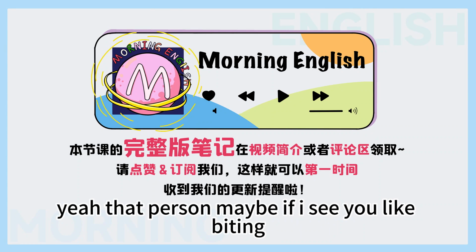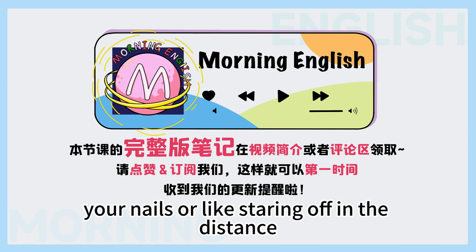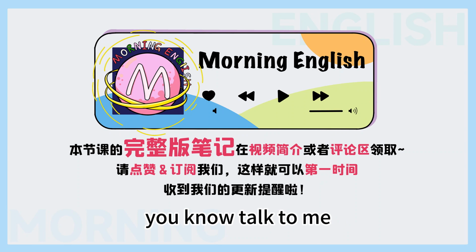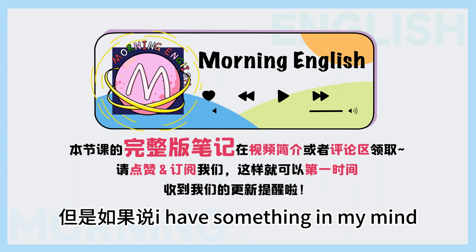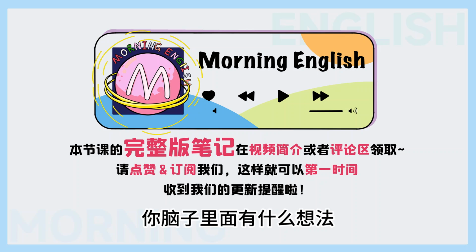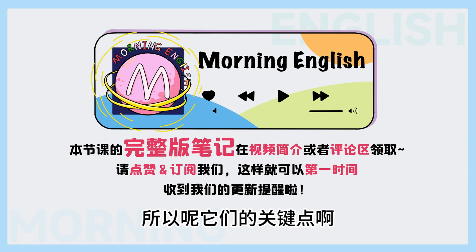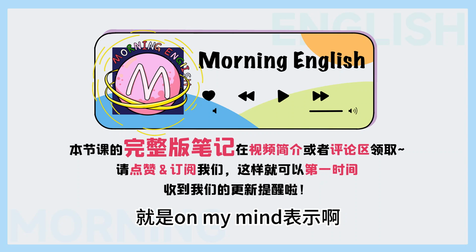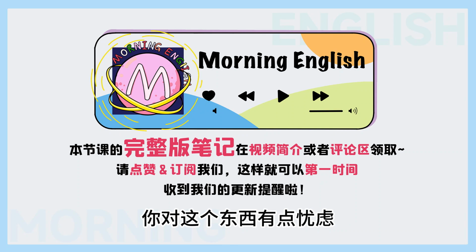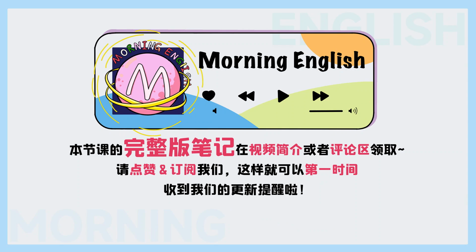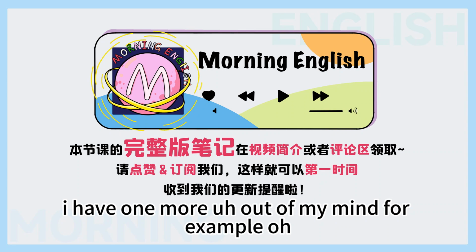Maybe if I see you biting your nails or staring off in the distance, I could be like, hey, Kara, what's on your mind? You know, talk to me. 但是如果说 I have something in my mind，就很简单，你脑子里面有什么想法，有什么 idea。所以关键点就是 on my mind 表示你对这个东西有点忧虑、有点担忧，但是 in my mind 就是单纯的有一个想法。